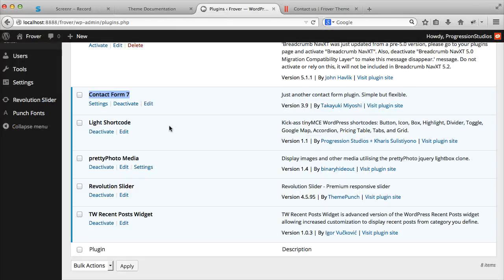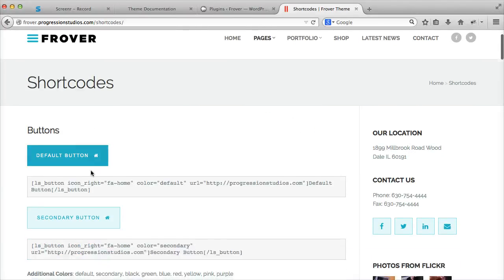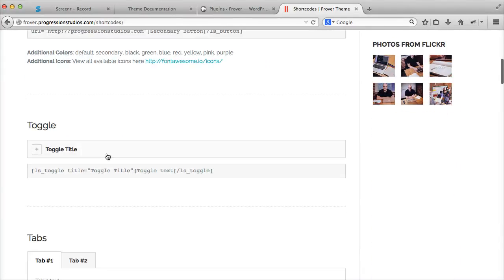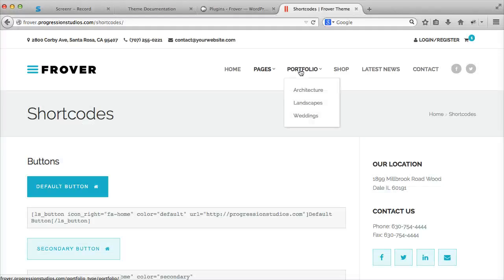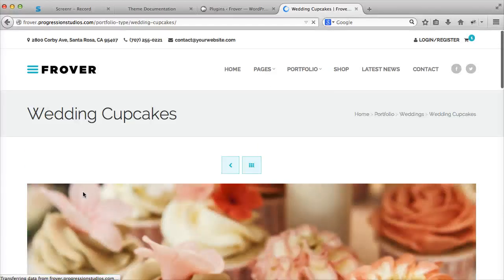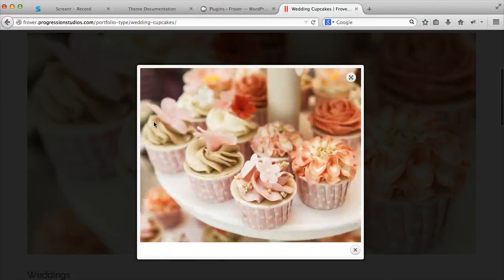Pretty basic stuff. Then the light shortcode, that is actually the shortcodes that are used on these demo pages for your buttons and toggles and tabs. If you don't like shortcodes or don't want to use them, you can always remove it. That one you'll probably want to keep. Then we have Pretty Photo Media, and that is your lightbox. So for instance, when you're on a portfolio or a shop post and you click on it and it opens, that's the